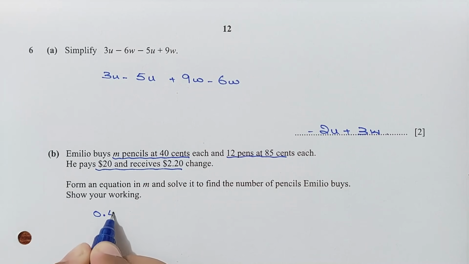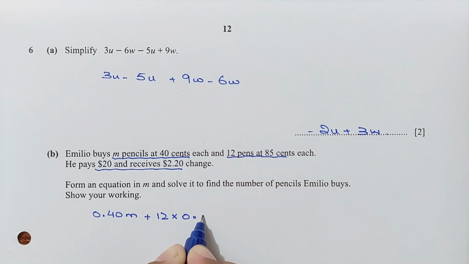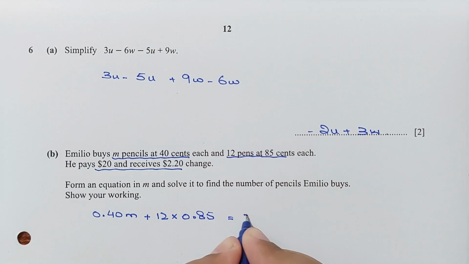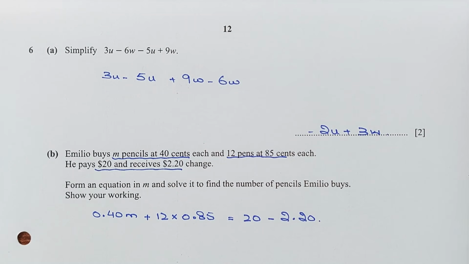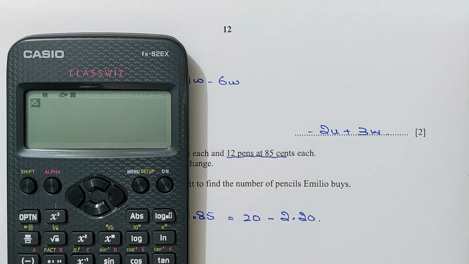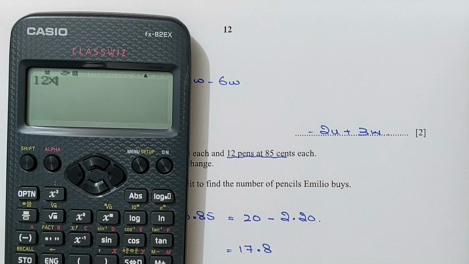So 0.40 times M plus 12 pens, and the cost of each is 85 cents, 0.85, and the cost of M pencils and the cost of 12 pens is $20 minus the change, right? Let me simplify. 20 minus 2.20 is 17.8, 0.40 M. Let me simplify this as well, 12 times 0.85,